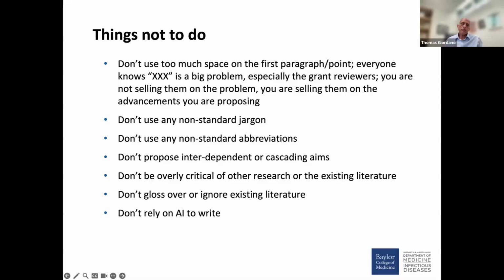And by the same token, don't ignore existing literature. Again, the people reviewing the grant are the people writing the literature. That's why they're on the panel. So if you ignore them and just say, oh, we don't know anything about this, if you ignore all the previous research, they're going to call you out on that, and appropriately so. You don't need a super in-depth literature review written, but you need to have done the literature review to